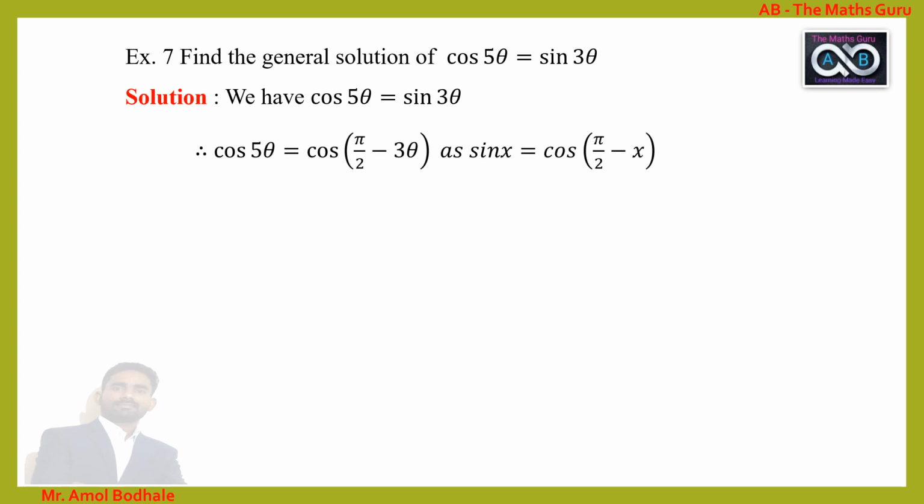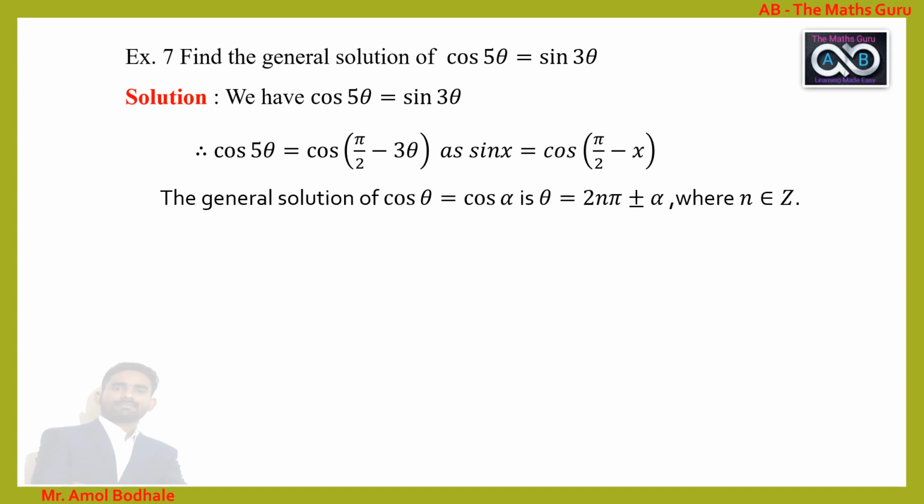We know the formula, sin x can be written as cos of (pi by 2 minus x). This is the allied angle formula. So here sin is positive, so we can write cos of 5 theta as it is, and this sin 3 theta can be written as cos of pi by 2 minus 3 theta. Therefore